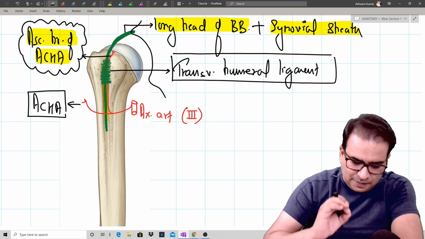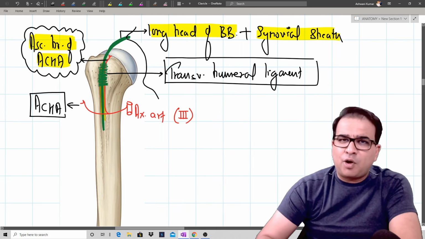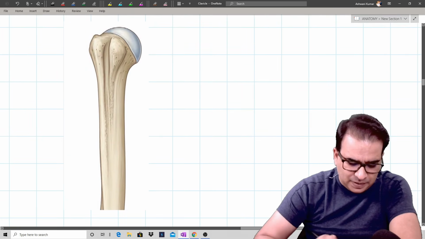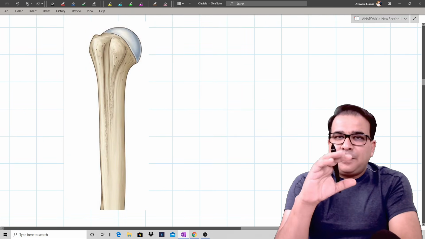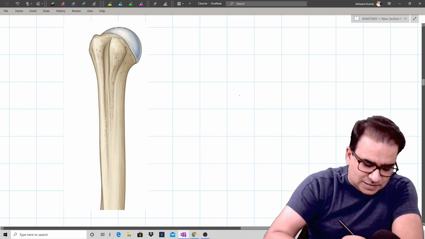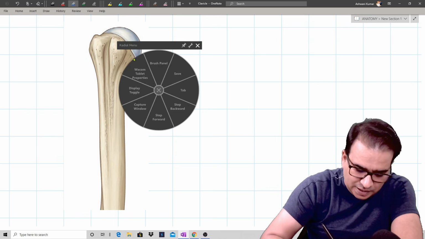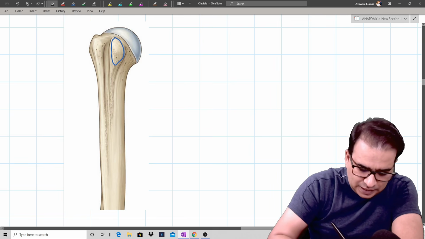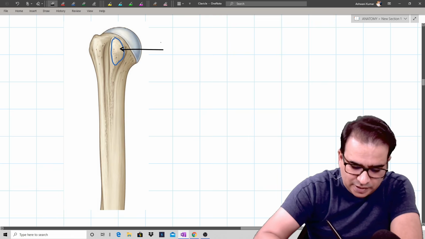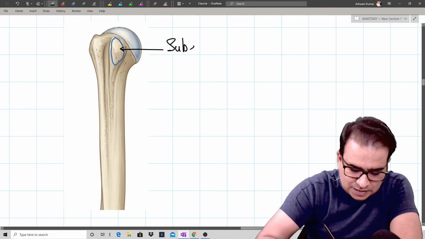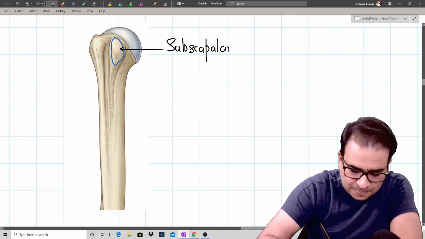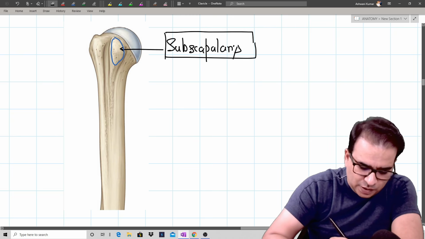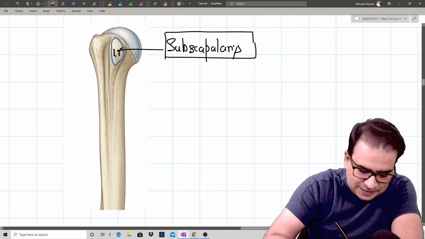Now let me see one more picture here, in which we'll be looking at some important attachments of the upper end of the humerus along with the shaft. Now we saw that the costal surface of the scapula was having the muscle subscapularis, and guys, the subscapularis muscle will be occupying this lesser tubercle. So this is the lesser tubercle here, and the muscle inserted here, that's why I'm using the blue color here. The muscle inserted here is the subscapularis. Remember that forgotten muscle, the subscapularis muscle? This is the one which is attached to this lesser tubercle. I'm writing LT, that is lesser tubercle.